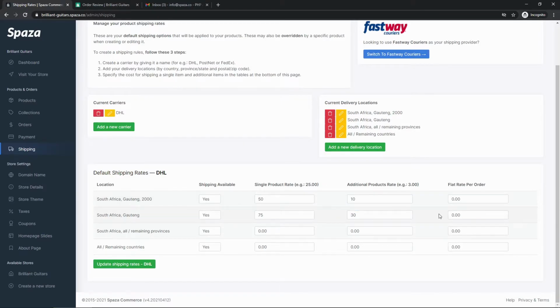And now, because it still is within the same province, I'm not going to add any flat rate onto that. It's actually still okay. But now for the outside provinces, or the remaining provinces within South Africa, I'm going to say for each product will then be 100 Rand, and for each additional product after that, I'm going to charge 50 Rand, and then I just want an extra 50 Rand flat rate onto these orders as well, just to make sure that any costs are covered, or maybe I need to add some insurance onto that,